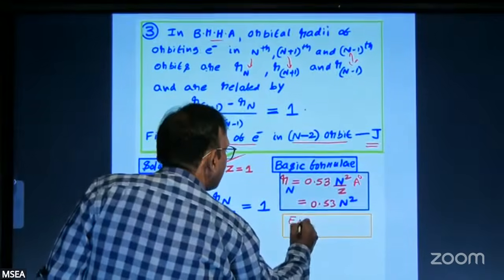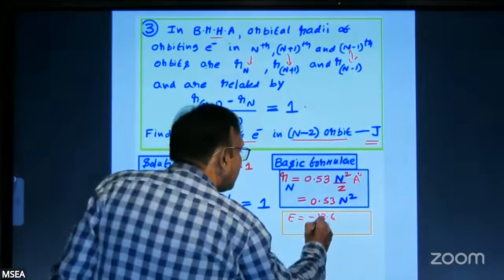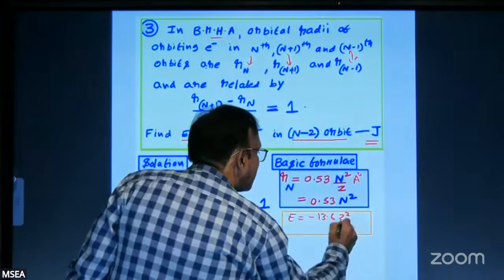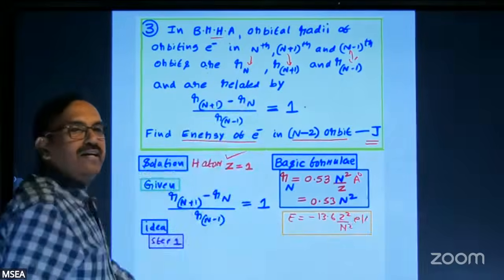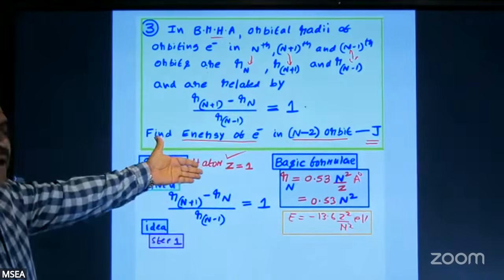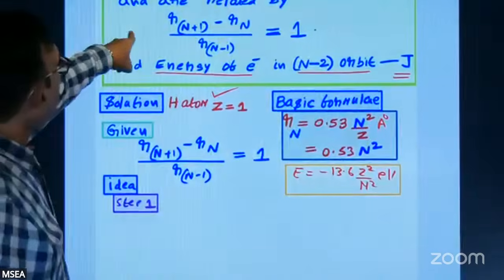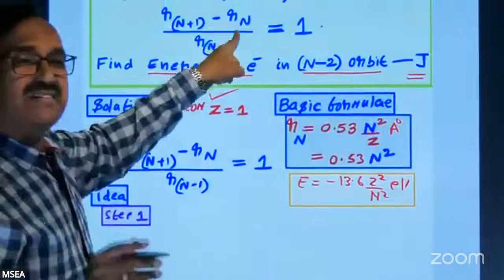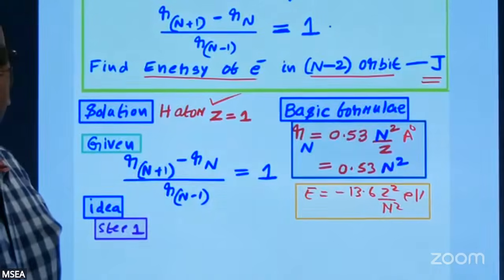Energy of electron means total energy. So total energy, you know the formula there: minus 13.6 into Z squared divided by n squared electron volts. These are the two things that will happily give the answer for you. Point number one: this particular equation is given intentionally to slightly frighten you, very slightly.